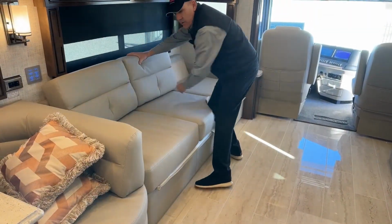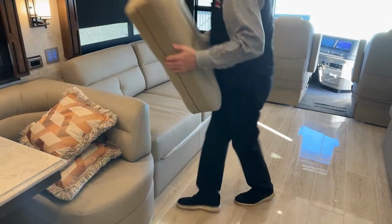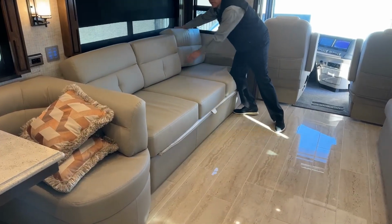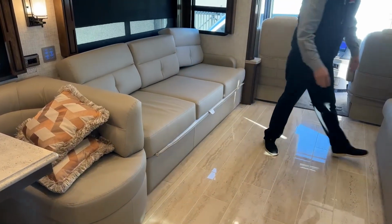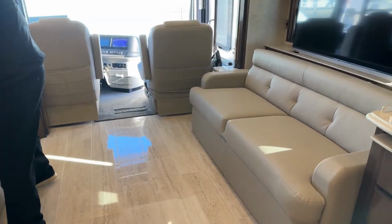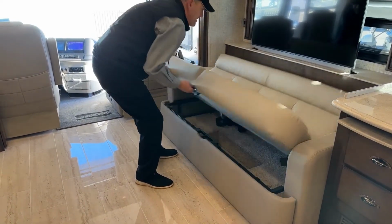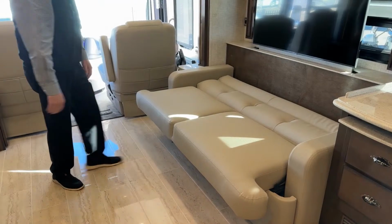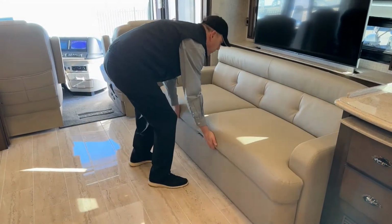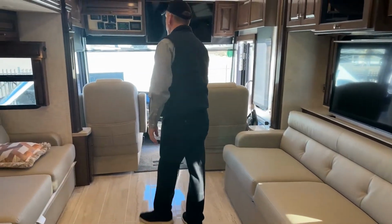The colors in this coach are nice too. Love the floor. The fabric in the couches and stuff aren't too light, not too dark. This guy's got this little latch here. It just kind of jackknifes down that way. And you have seat belts behind here as well. So moving on up to the front of the coach,